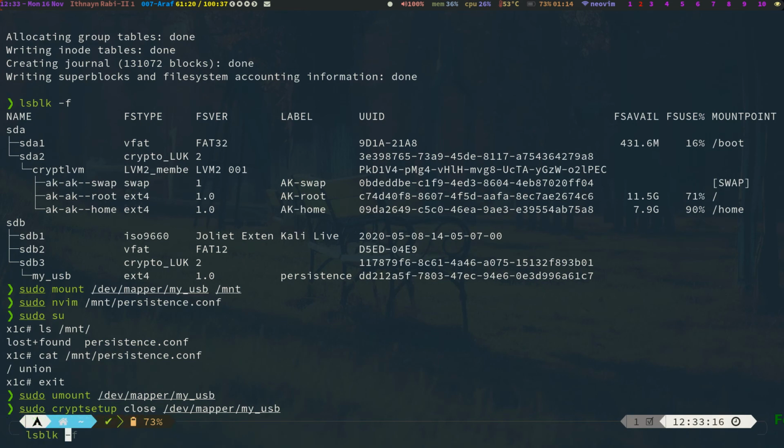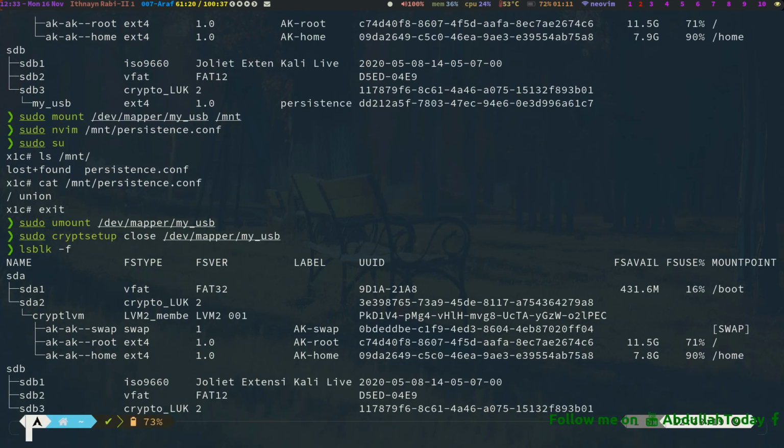So that's it, guys. This way, if you reboot into Kali Linux using this USB drive and you do some work, and then you reboot, all your work will be saved. So it will survive the reboots. This one is very useful. I myself use it. I keep it with me whenever I travel and I don't have my laptop with me, or I have some other problem, like there is no electricity or no charge in my laptop.